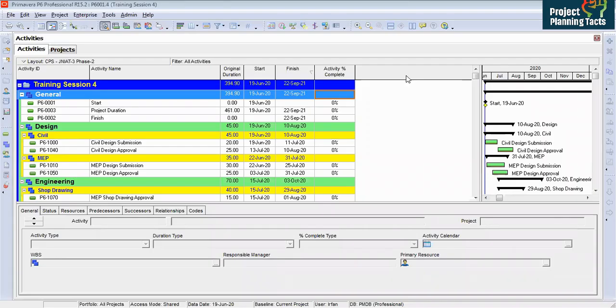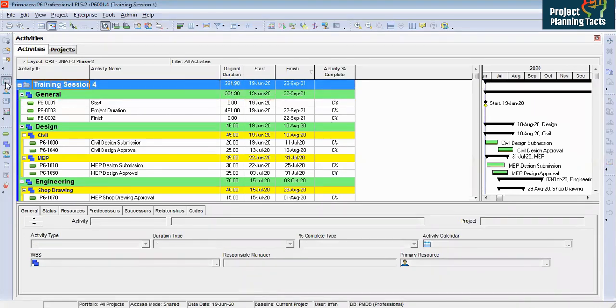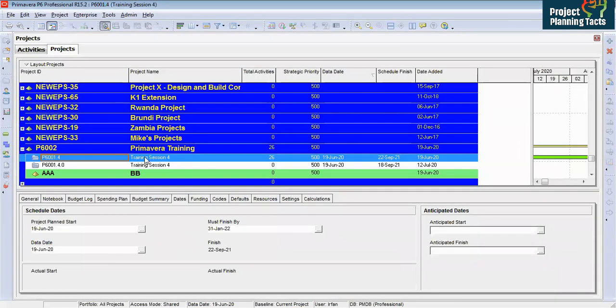It is the same schedule that we have been following in the previous session, and we have added the EPS. Under the EPS we have added the project, then under the project we have added WBS, then the activities, then assigned the relationships, and then added the resources. The same program we are going to assign as baseline, and then further we will update. So let me show you first that schedule.